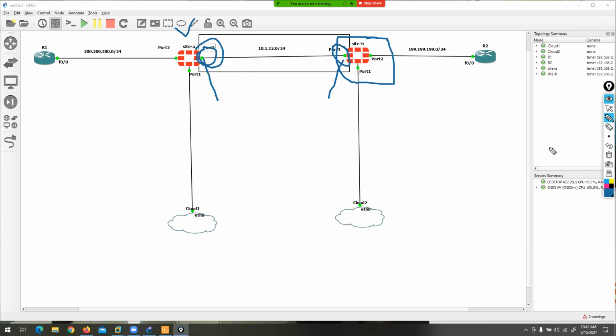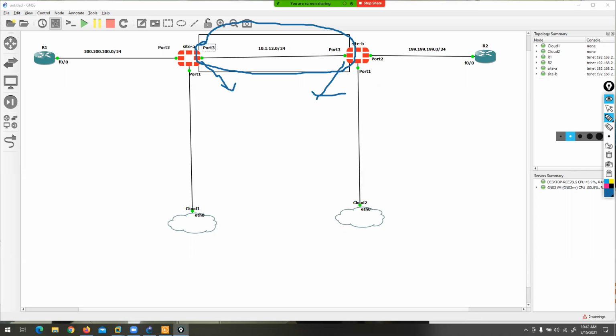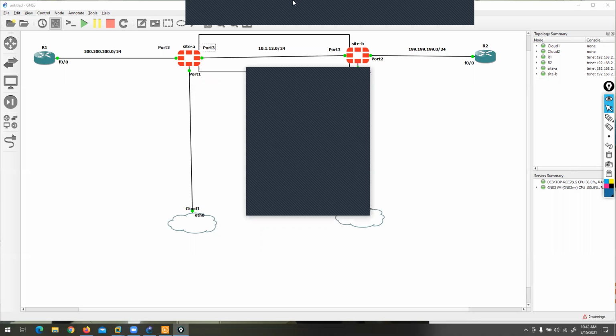In your lab, you can add a router, but I'm not using a router here. I'm directly connecting because I require only public to public IP connectivity. So I'm assuming that this is my public site and I have connectivity from this public IP to this public IP. Is that clear, Rahul, Daminda? Yes, clear.